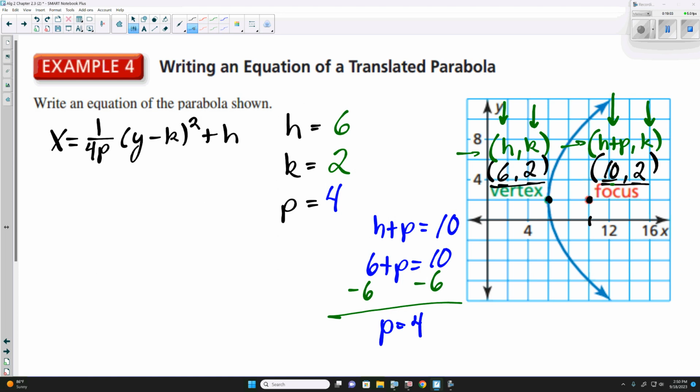Now what we need to do is actually find the equation. X is equal to 1 over 4. Well, what's the value of P? 4. So we replace P with its value. Y minus, well, the value of K is indeed 2, plus H, which is,